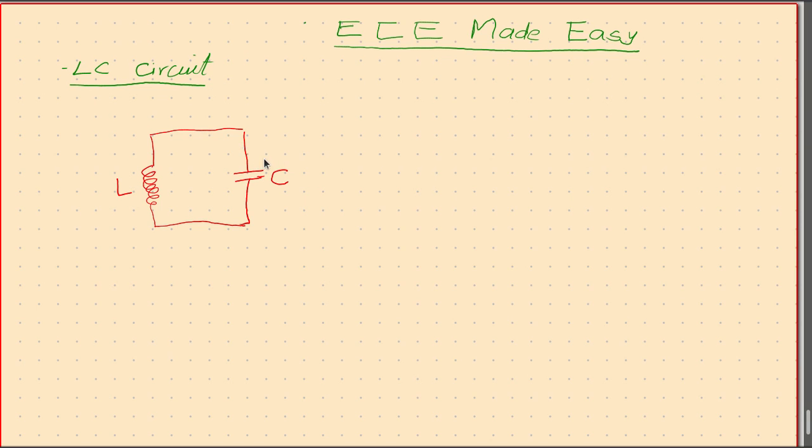Let's see how this LC circuit creates wonders. So, to begin with, let us assume that our capacitor is already charged. Somehow, the capacitor was made to charge. Some current was made to flow through the capacitor, and hence it is already charged. So let me call the voltage across the capacitor VC. So this circuit now has only one component across which there is some voltage.